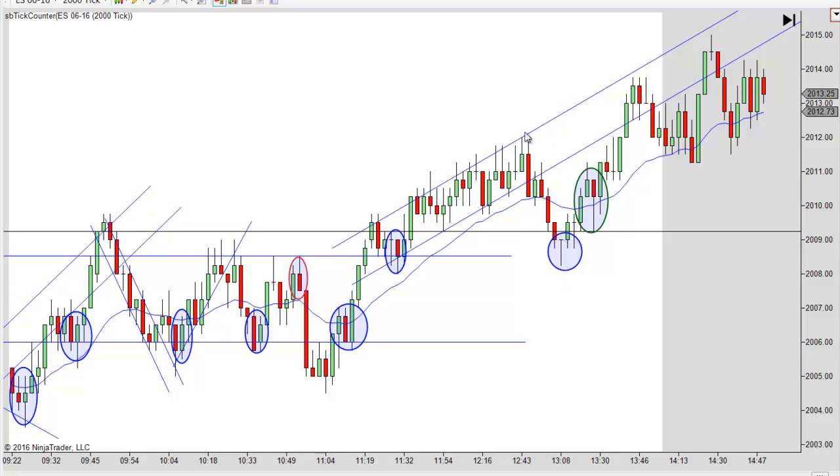We're probably going to test this high, and notice where it bounces once again right off that. It's like another test of that. Now you got your double test of it. Once we tested it there, and then double tested it, you tested that line for a third time across there, and that's a reversal bar. So I like that for a long, and then it drops down and looks like it's going to reverse.